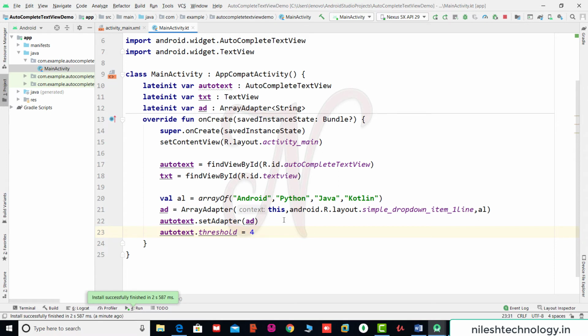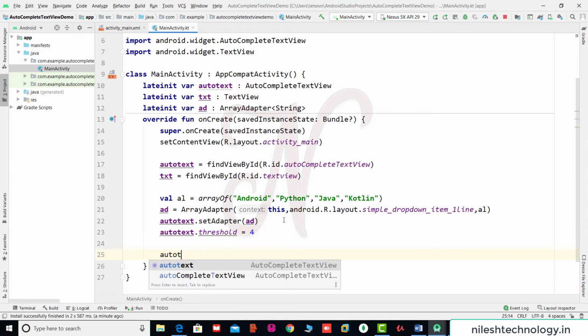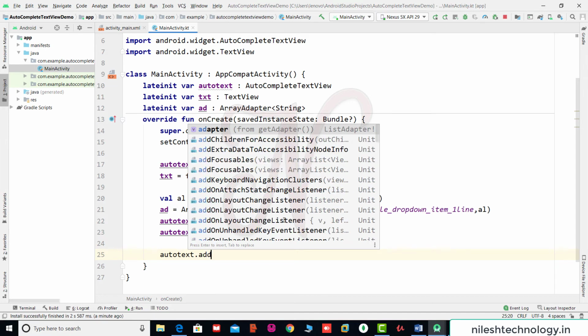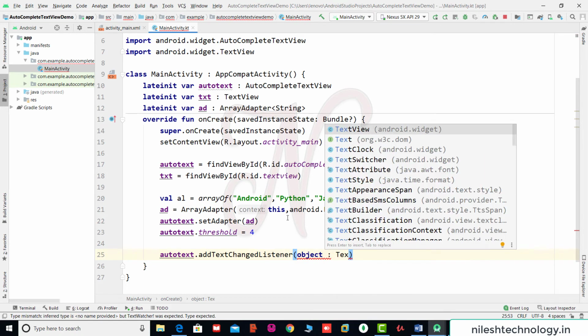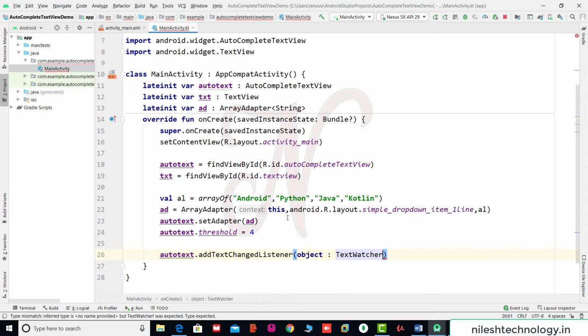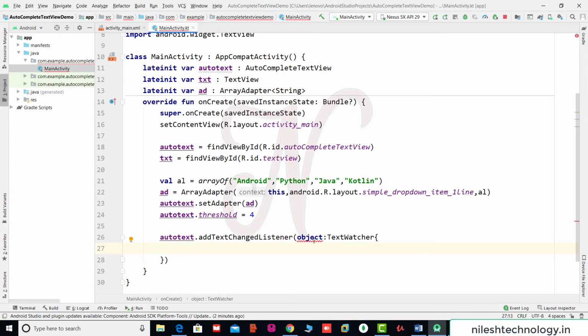So now here we add some event to this autocomplete text view. So autotext dot add text change listener object. So your function is the text watcher. So see, there is an error. So here we override some methods.